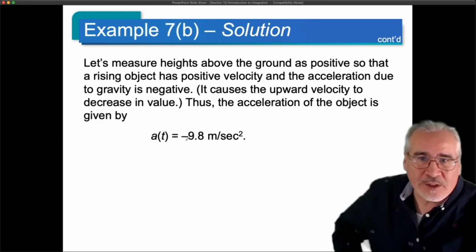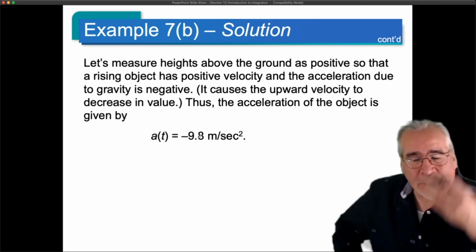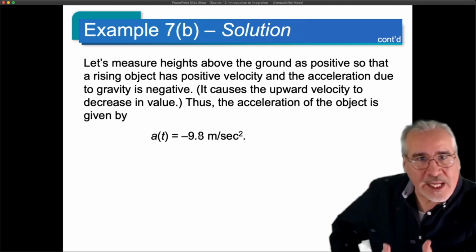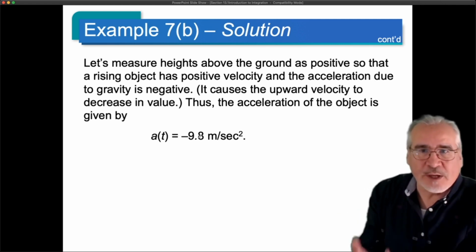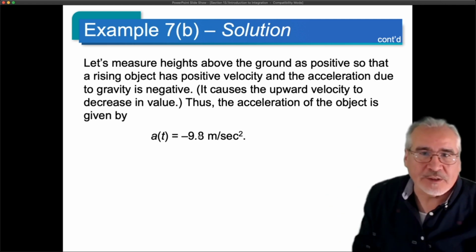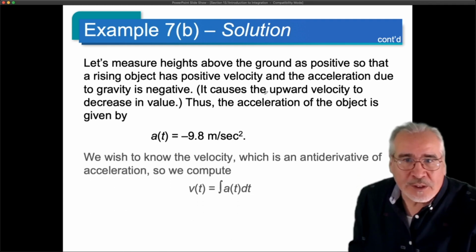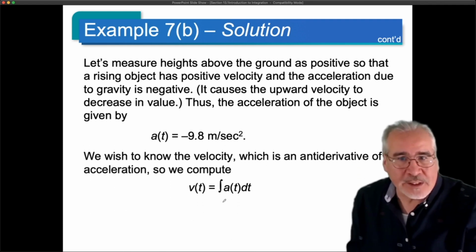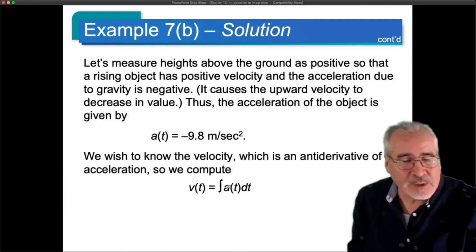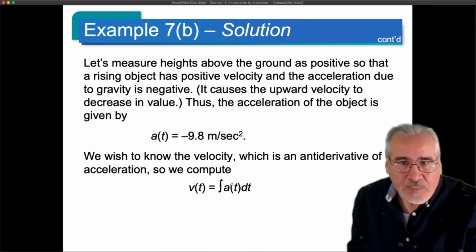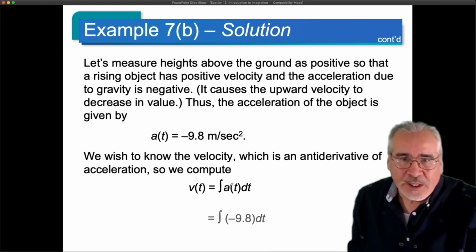We know the acceleration is minus 9.8, and because we're falling, we look at that acceleration as negative because its direction is coming down. If it were going up, it would be positive. That's what that explains there. So to get to velocity, which is speed, what we think of, we're going to need to integrate the acceleration, find the antiderivative, and so we take